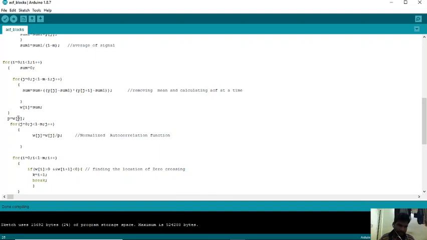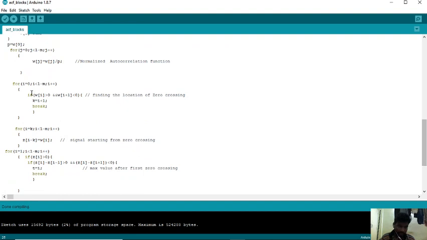It means P is the power of the signal. As we know, R of 0 is the power of the signal in autocorrelation. We'll divide the autocorrelation by the power of the signal to get normalized autocorrelation values, and then we'll find the location